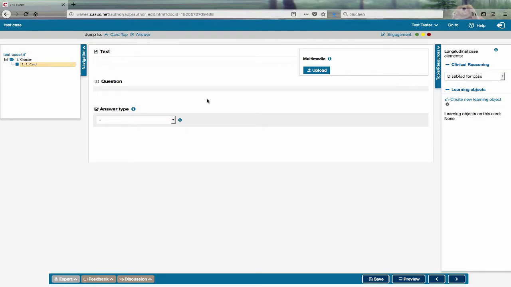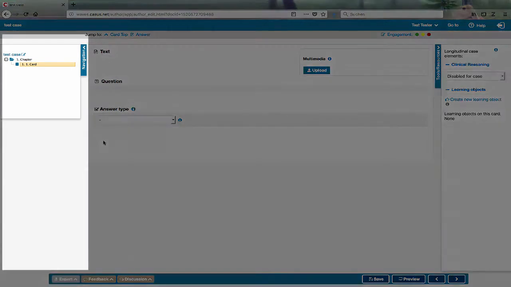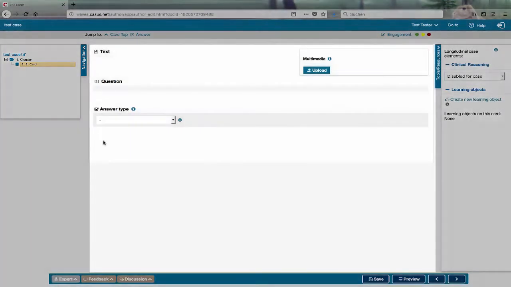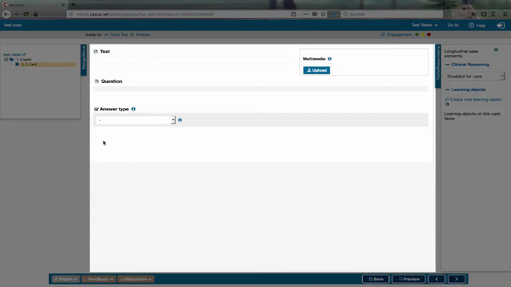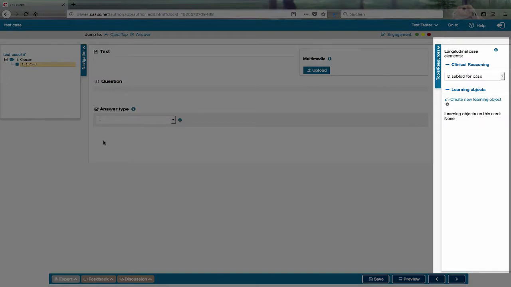The next step is that the case will open in the authoring system. On the left-hand side, you see the navigation of your scenario. There, the system automatically has created the first chapter and the first card. In the middle, the card content is displayed. You have different elements you can add on that card, like text, a question with an answer, and a multimedia element. On the right-hand side, there are additional elements you can add to your scenario, which are especially designed for